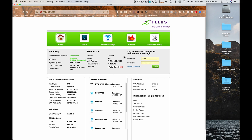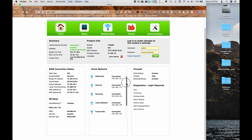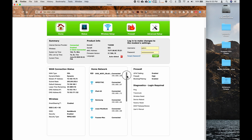Oh, actually, before we do that, I want to show you something real quick here. The first thing you should do actually is take a look and make sure you recognize everything in this area here where it says your home network. You need to make sure you recognize everything that's in that list. And if you don't recognize something that's in there, then you're definitely having people use it that shouldn't be. So you'll see here we've got our cable box right here, and this is our printer, my iPad, this is our TV, smart TV, and my wife's computer, my computer,